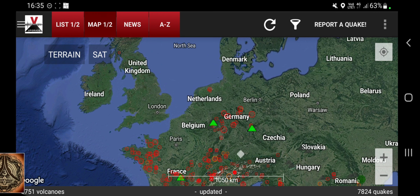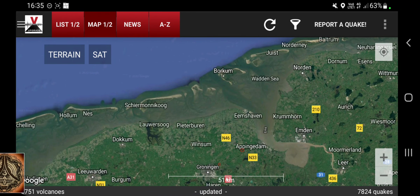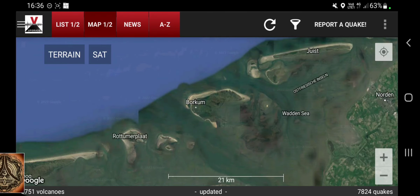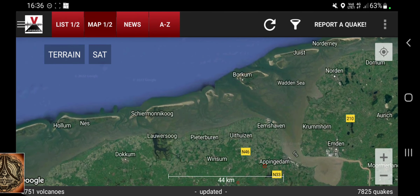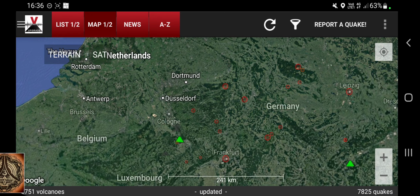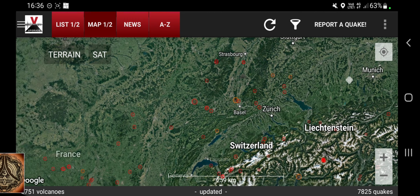Now, as we watch the 7-day quakes, we have action in Groningen, where we have this growing island, one of these islands here. Borkum, it might be Borkum, I'm not too sure about that. One of Norra Tummerplat, I think it's this one. This is growing. So there's maybe something coming out of the ground, you know. And there has been some deeper quake also here,